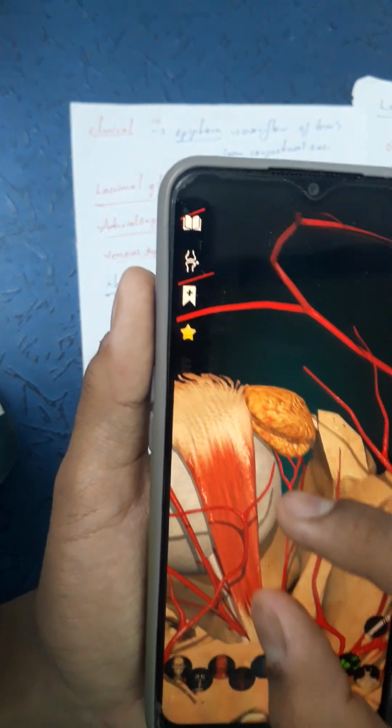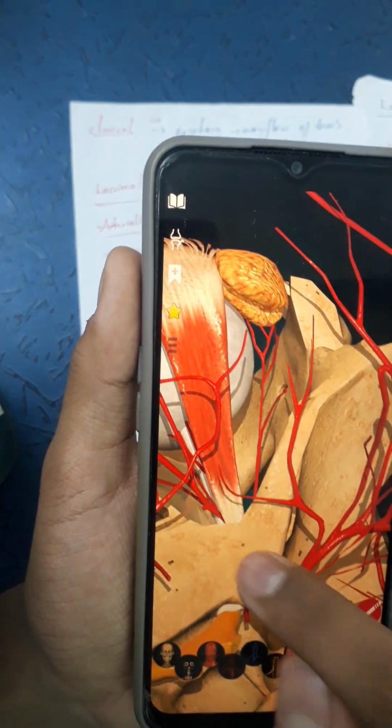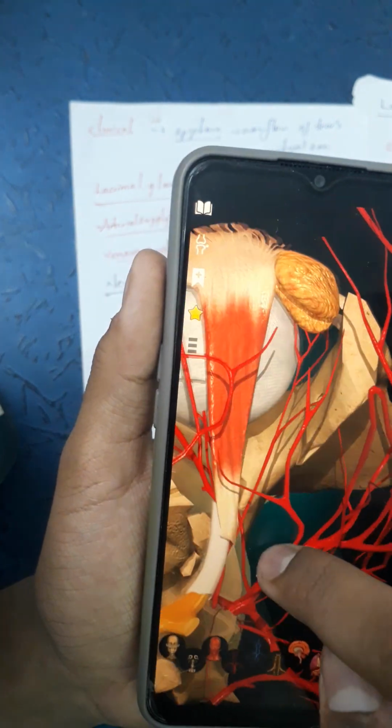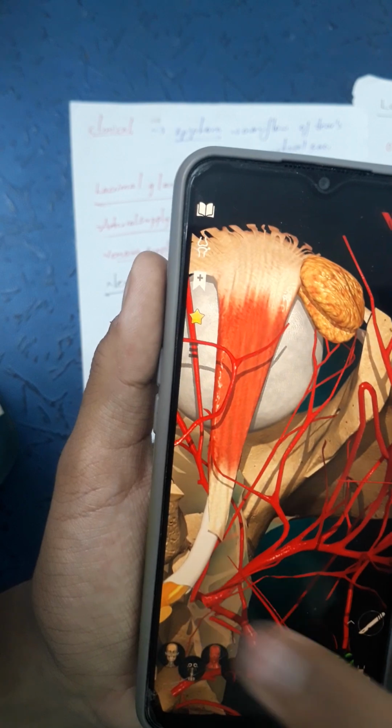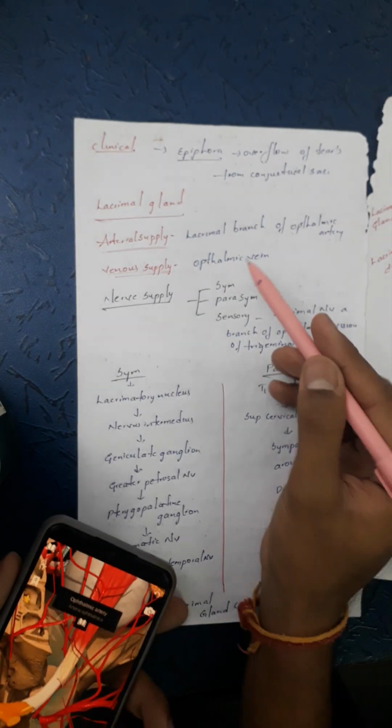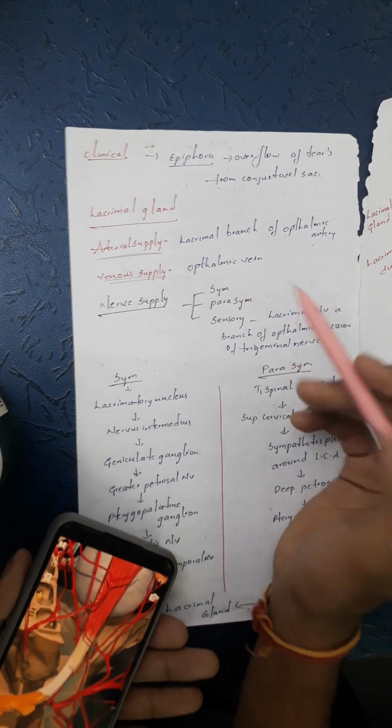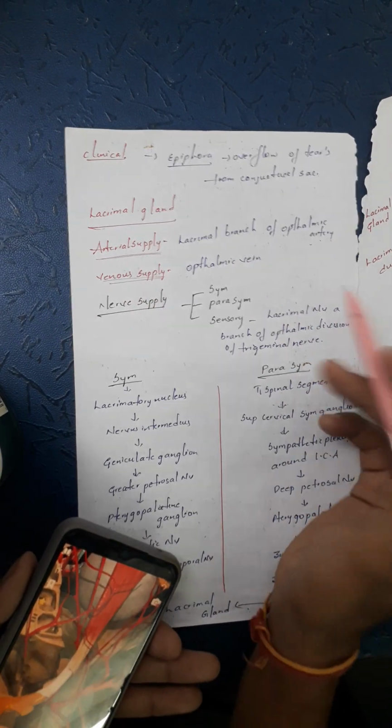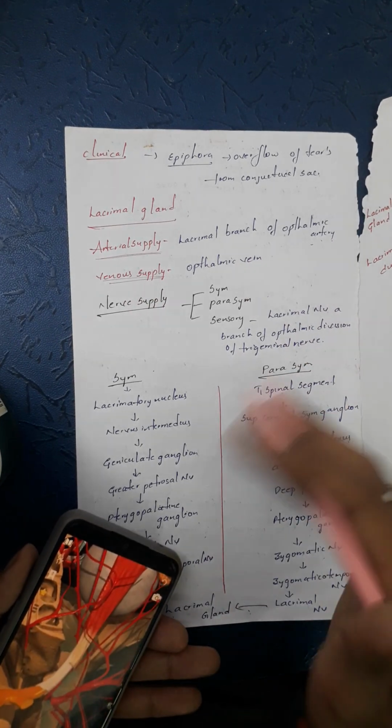As I remove this, see this artery, the ophthalmic artery. And venous drainage, we can write ophthalmic vein directly, or we can write lacrimal vein,